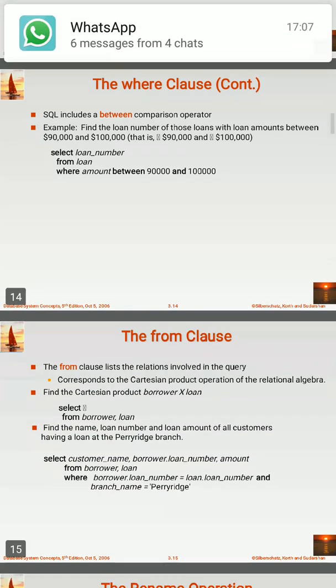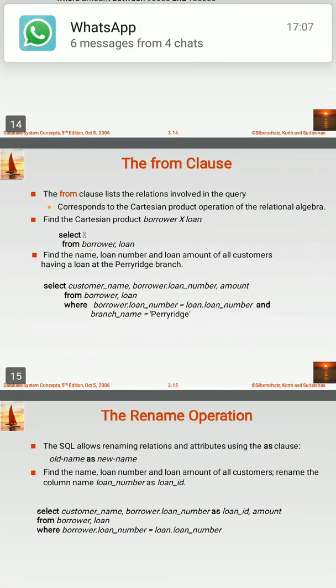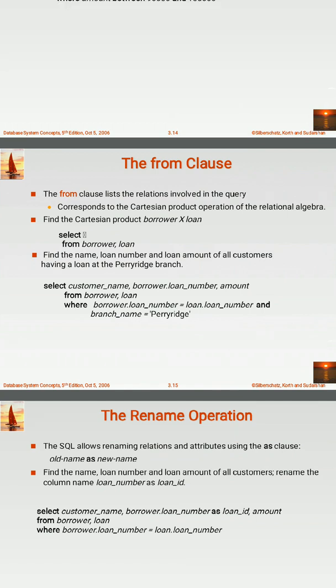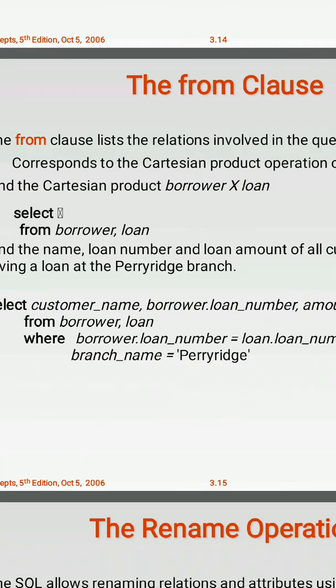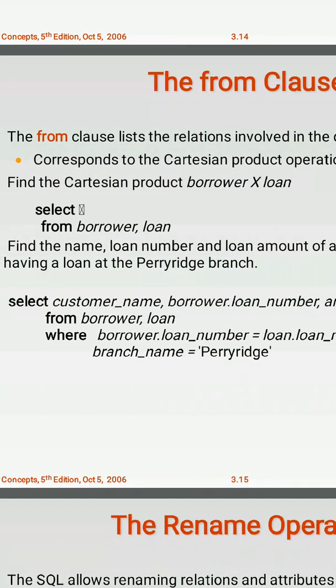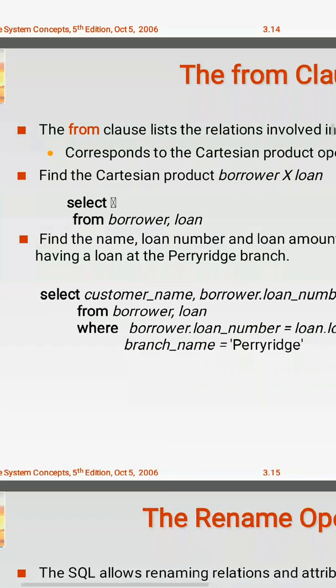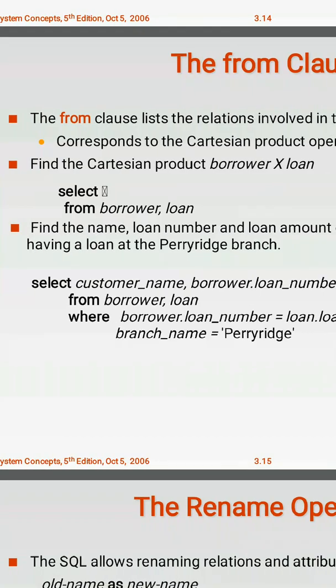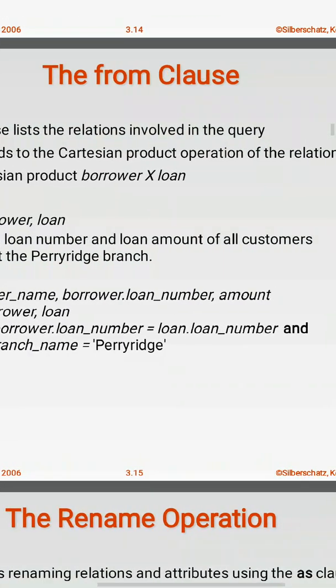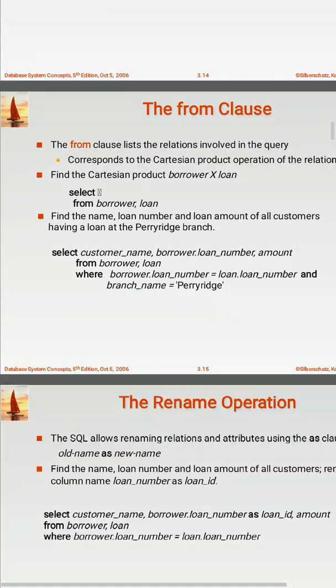Now we move to the from clause. The from clause lists the relations involved in the query and corresponds to the Cartesian product operation of the relational algebra. For example, select the Cartesian product, you know, the borrower's name from borrower, loan. Find the name, loan number and loan amount of all customers having a loan at the